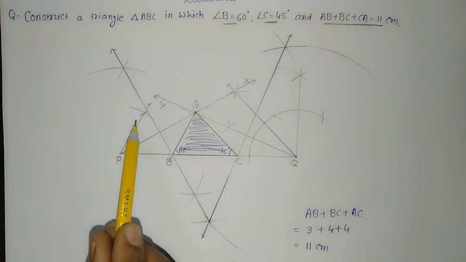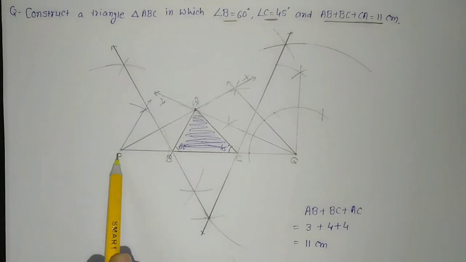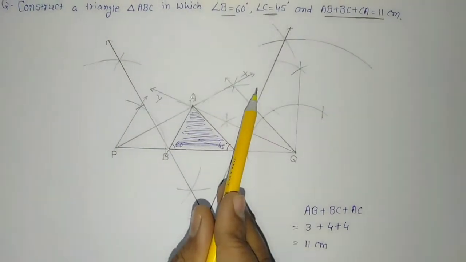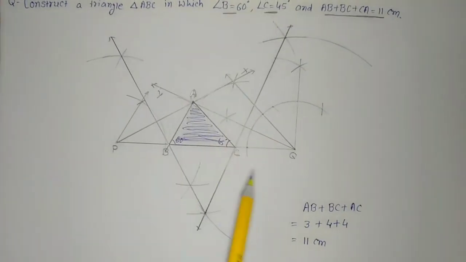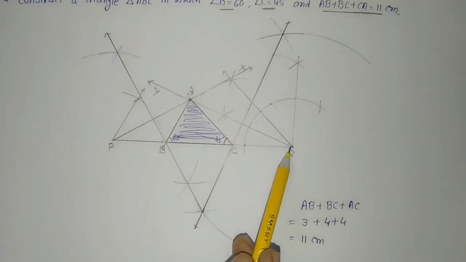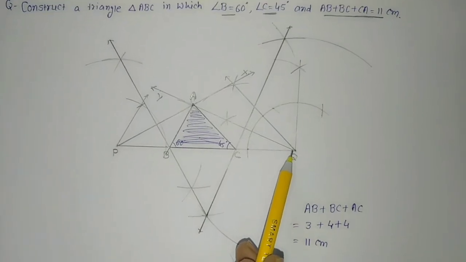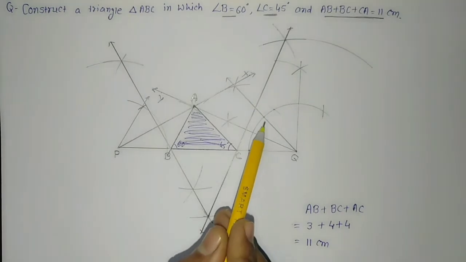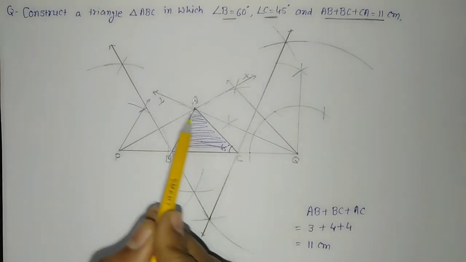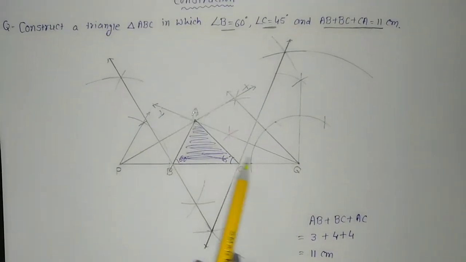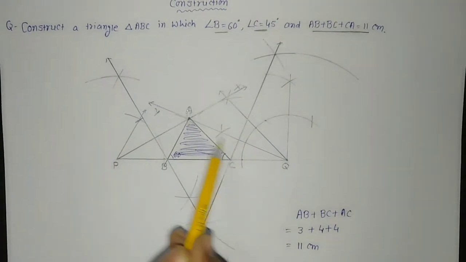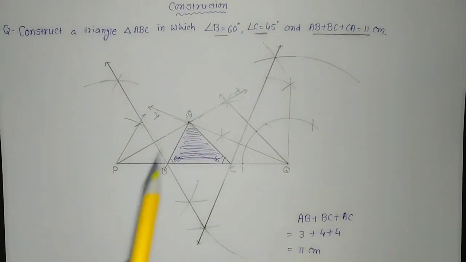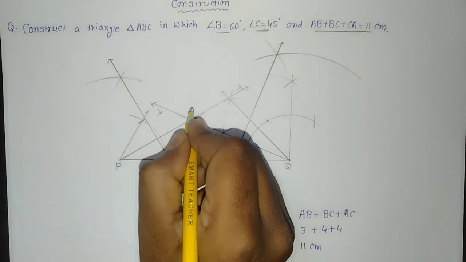And then what we did, I have taken the angle bisector of this 60 and I have drawn this line segment, sorry, ray PX. Then again at point Q we want 45 as it is given, angle C is equal to 45. So the same measure I have taken here, that is this 45, and then I have taken the angle bisector of that and I have drawn this QY. Wherever this PX and QY intersect each other, that point I have given the name point A.